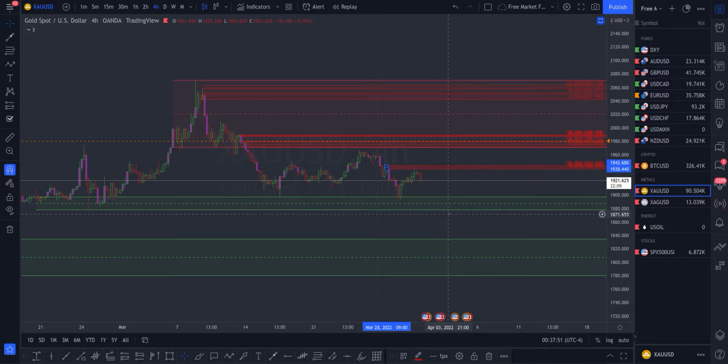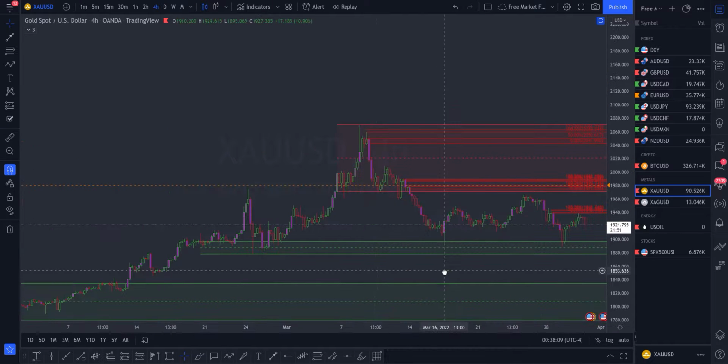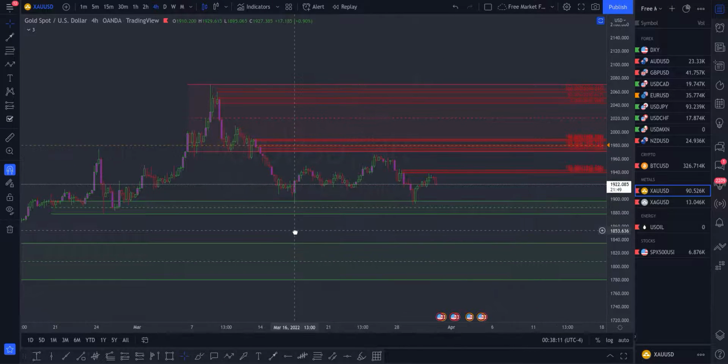So yeah, nice little head and shoulders pattern here. Left shoulder, head, right shoulder. Again, we can see this go ahead and push off for a little while before pushing back up here. Let's see, and that should be unmitigated. Yeah, that's unmitigated. I can definitely see this going ahead, being taken out,